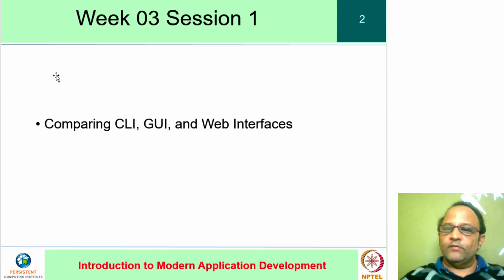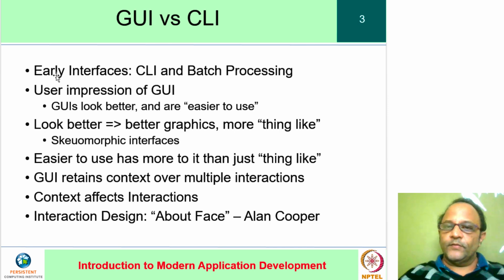Once upon a time, everybody used command line interfaces because that was the only technology that was around. As our technology progressed, we invented the better idea of a graphical user interface. At this point, if you had asked our users exactly in what way are graphical user interfaces better, then they might have said something like, oh well, they look better and that they are easier to use. But as programmers, we need to unpack these statements to understand precisely what it is that makes graphical user interfaces better and what it is that makes graphical interfaces easier to use.